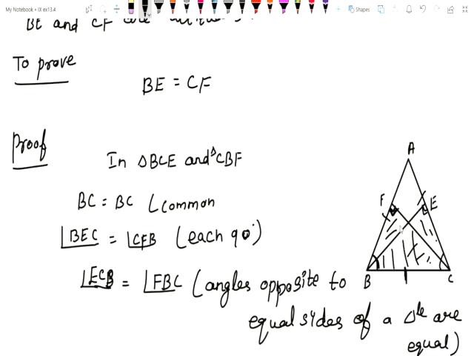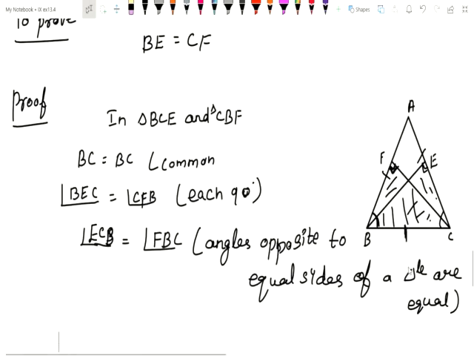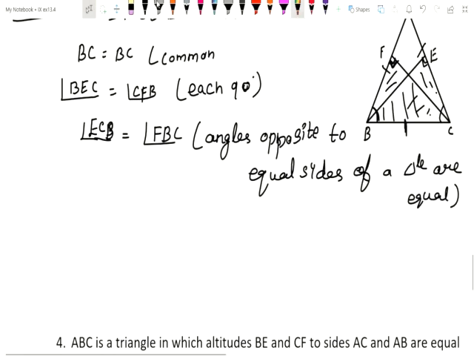So here what are the things we have taken? Angle, angle, side. So by AAS congruence rule,